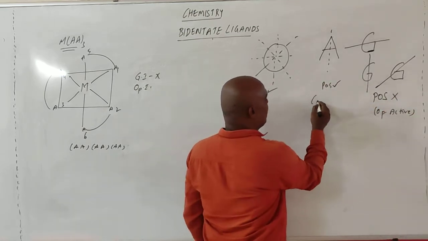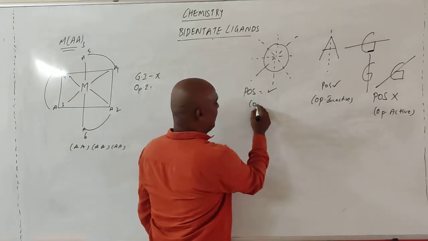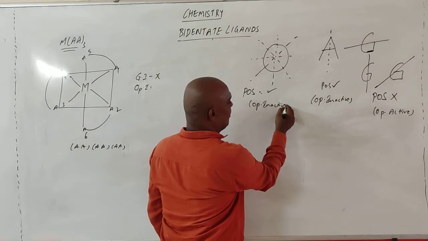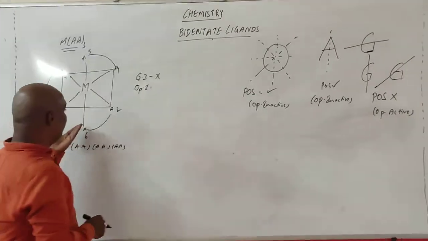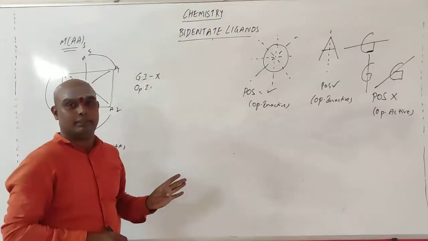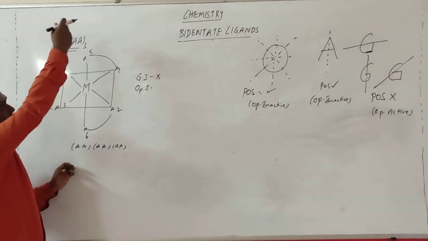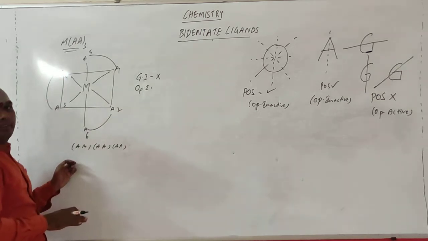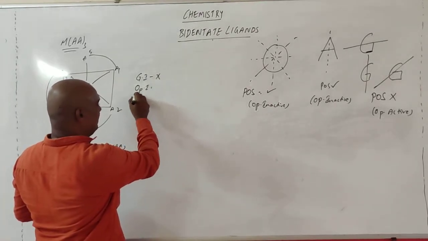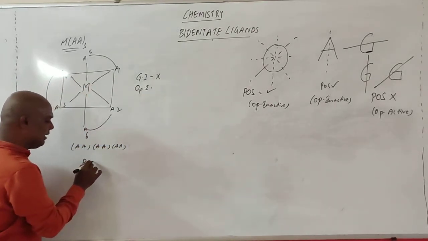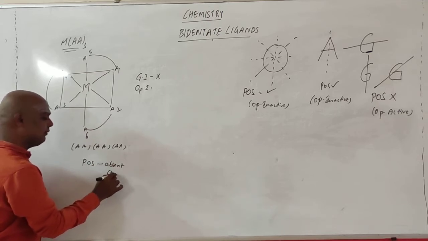Here the plane of symmetry is present, so this is optically inactive. If planar symmetry is present, then that molecule is called an optically inactive molecule. So in this one, geometrical isomers are absent, and for planar symmetry, if you cut like this, the upper one will be having, the below one will not. The two halves should be equal. So here, is planar symmetry present or not? Planar symmetry is absent. So optically active.